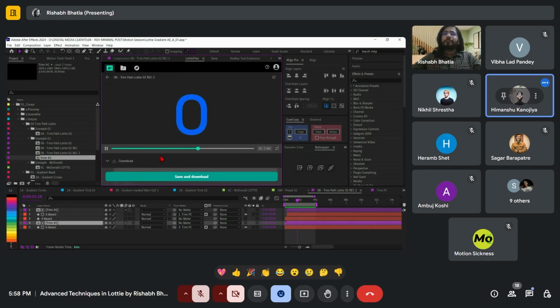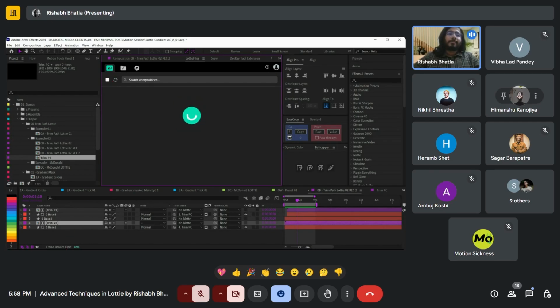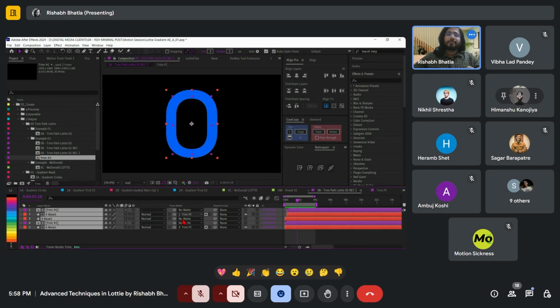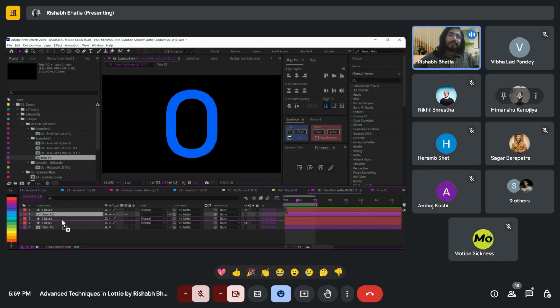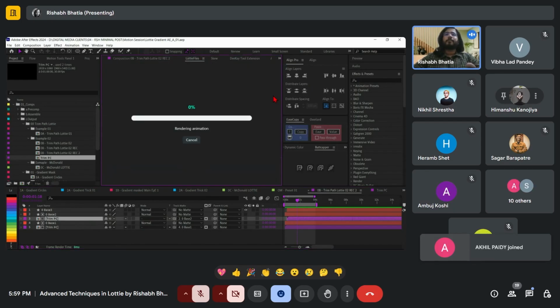Oh, it does. Oh, okay. The structure is the same. Wait, let me make it back to the original one. The original thing is that our trim path is at the bottom, and that's when we put our base on top, right? So if I do it now, oh,